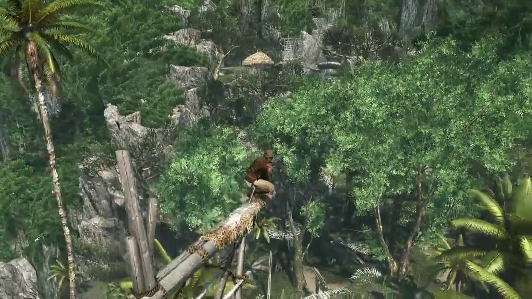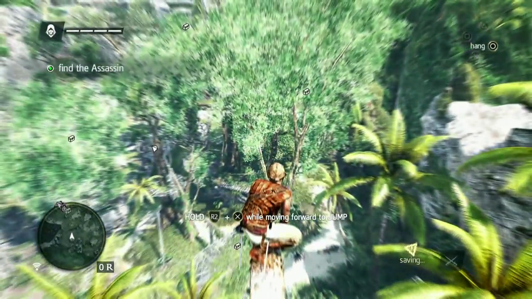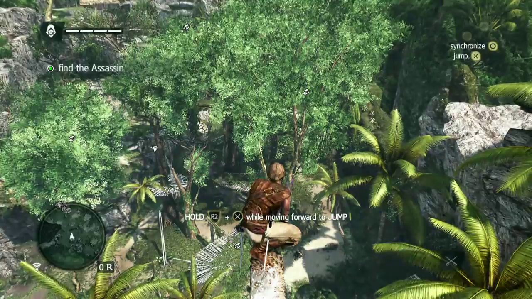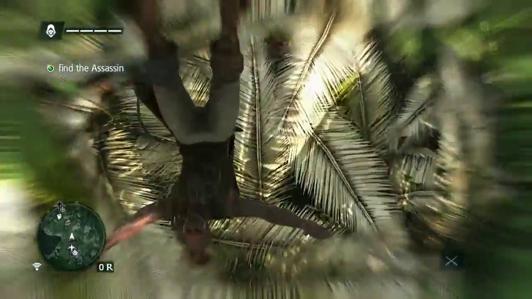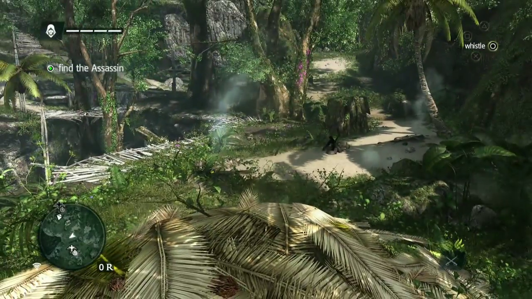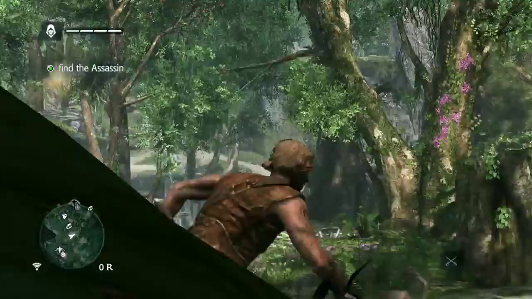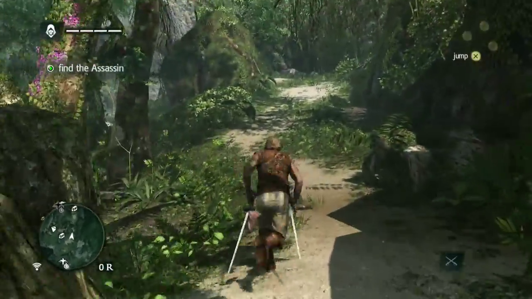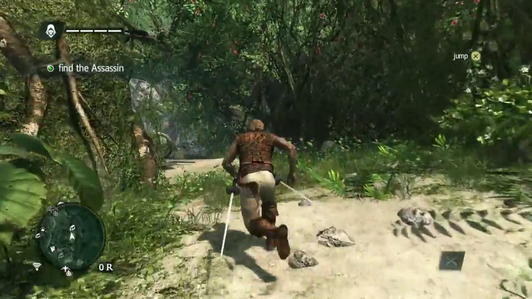Yes, we will see the assassin here. I believe. No, we don't. Okay, so R2 and X to jump and land in a safe place. Okay, so now there is the assassin, and we need to go after him right now. Hopefully we won't go in water like we did the last time, but we do need to. But yeah,